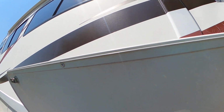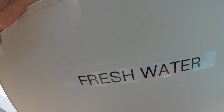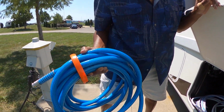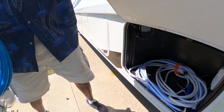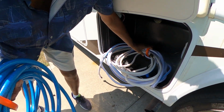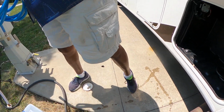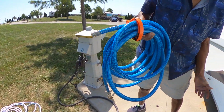Look, it says fresh water, so you'll know we're dealing. Let's see. There we are. That's the fresh water. Okay, we actually have 3 water hoses. Blue, white, and black. The blue and the white are for fresh water. I use this heavy duty blue hose here for the plug right into the system itself. I use this blue and white hose for washing down things in the middle of